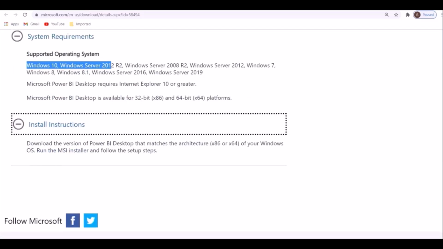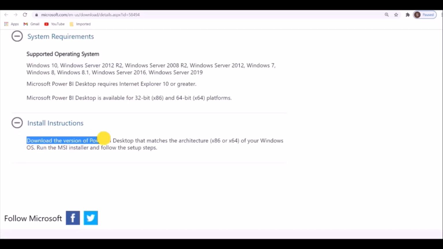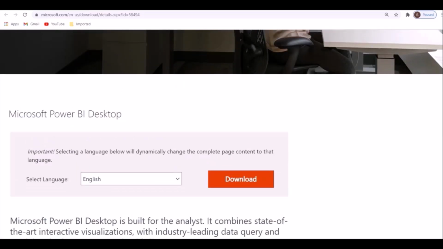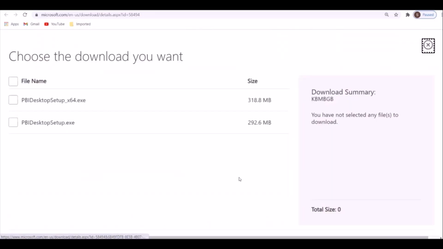This is the installation instruction, like download the Microsoft Power BI desktop and select the 32/64-bit as per your Windows OS and follow the steps. Now click on download. This is the 64-bit version. This is the 32-bit version. I have a 64-bit system, so I am selecting that.